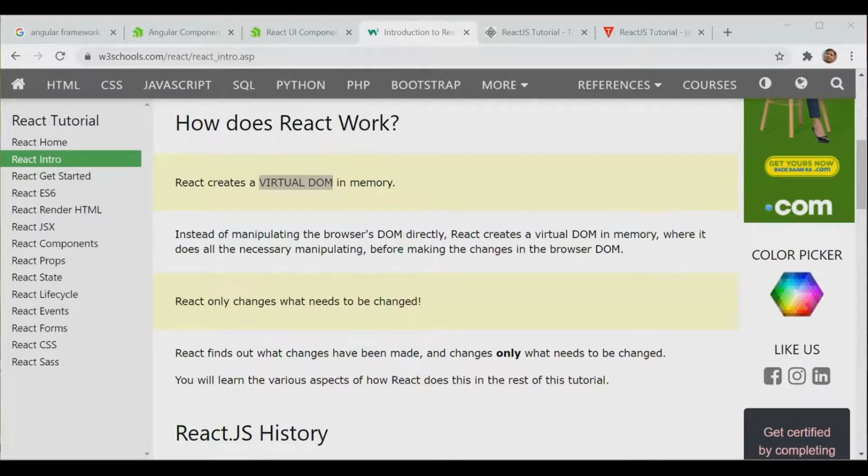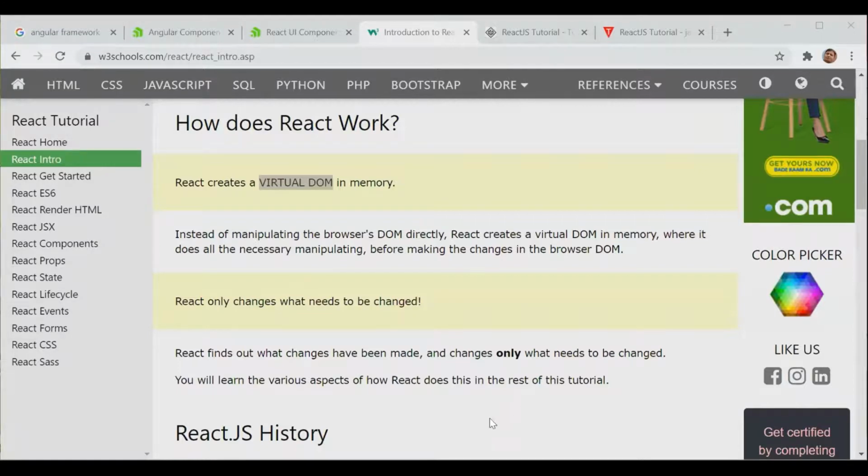What you are explaining is somewhat right, but the actual definition of virtual DOM is that it's an element tree which is in memory. It's not the real DOM. It's a tree that includes all the elements one after another. Suppose you have one div, two divs, and inside a div.